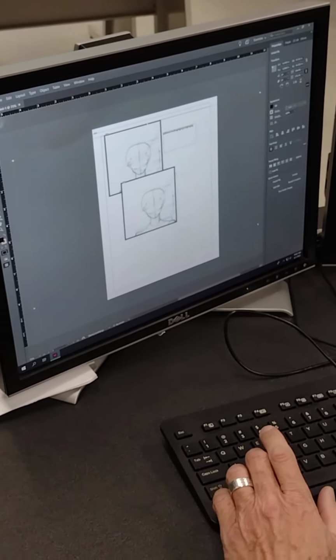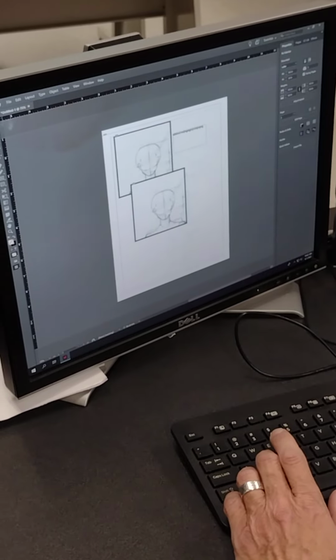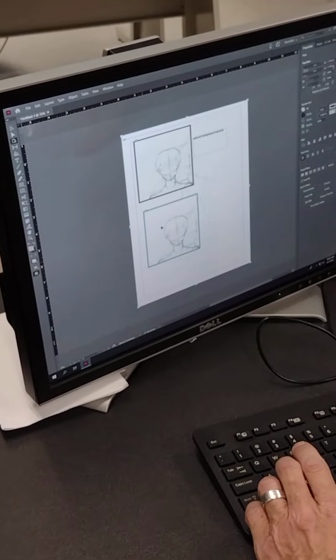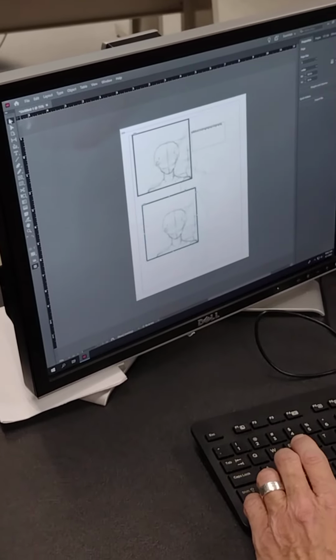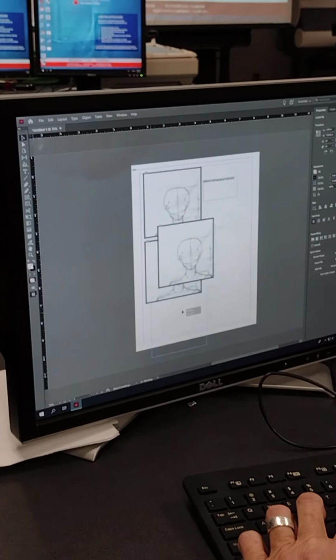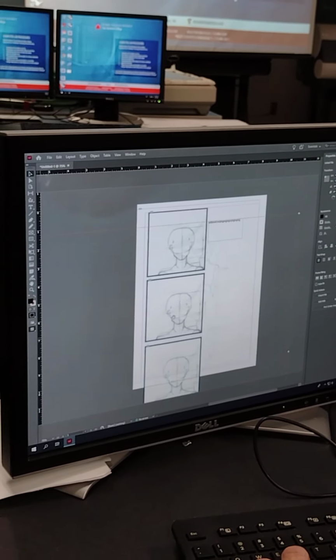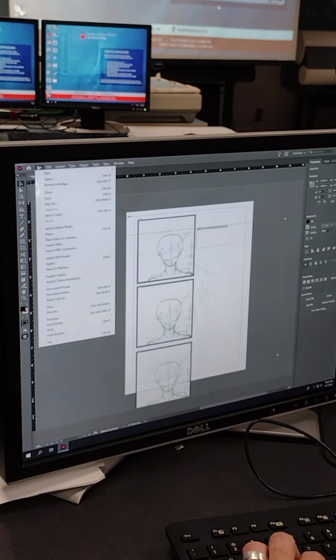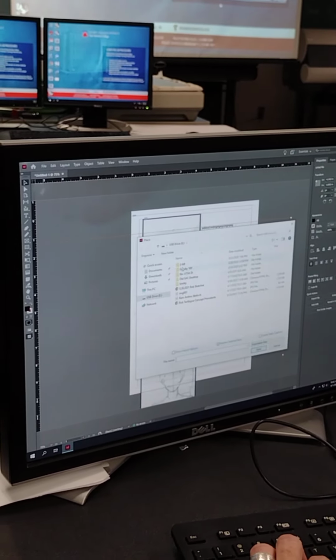Release it. I'm in the wrong arrow, that's why. If I pick this arrow, it picks the whole frame. If I pick this arrow, it picks content. So I could just start to duplicate something. Control V. And then what I could do is come into this and say file, place, and I can put a different image in there, and it'll be in the same